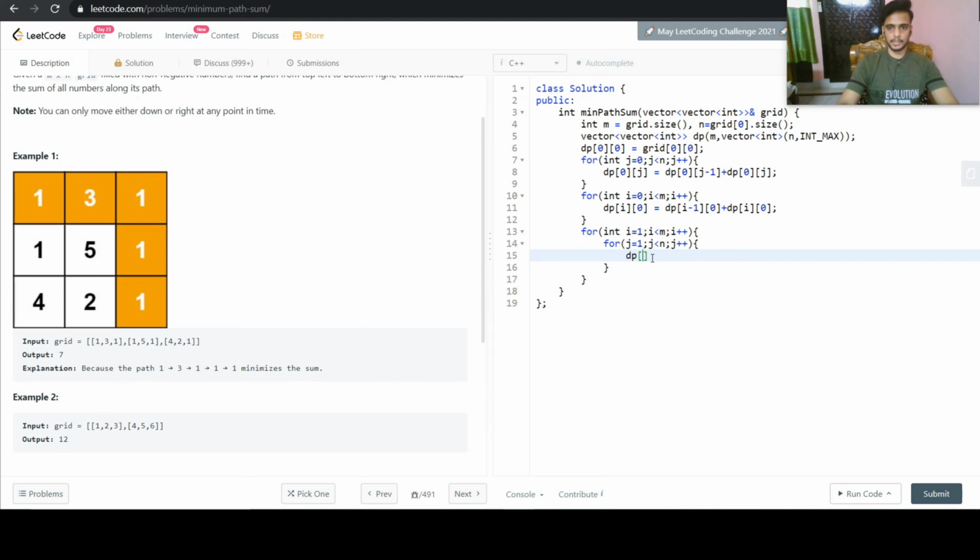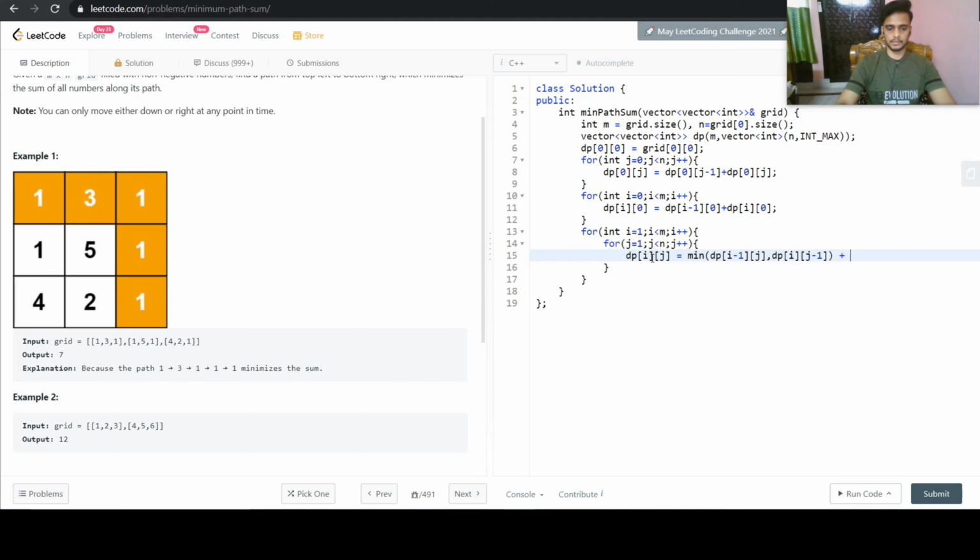So dp of i comma j will be equal to the minimum of dp of i minus 1 j and dp of i and j minus 1, plus the current block's cost.